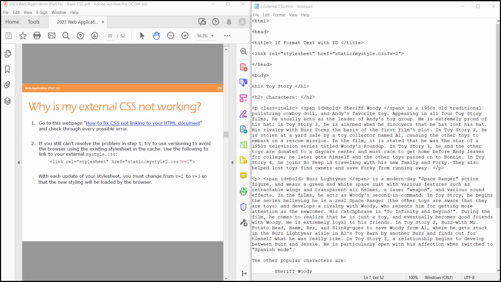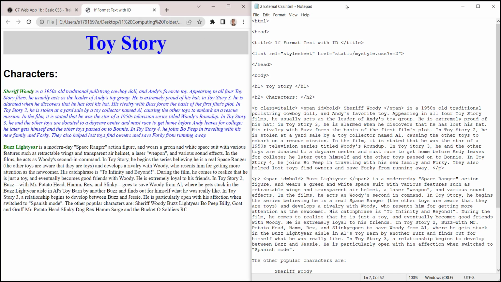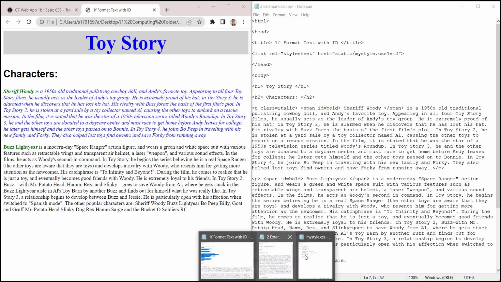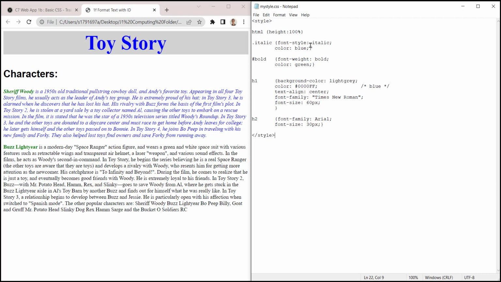And let's take a look at our HTML. Refresh. We have not done any changes yet. Let's go back to our my style. From blue, let's change to red. Save. And then